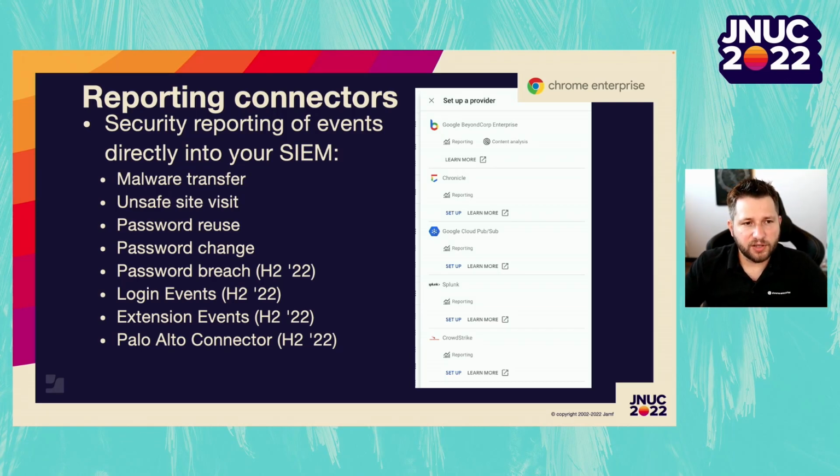So a new feature that we recently released, and we've gotten, once again, very good feedback from our administrators, is the concept of reporting connectors. We now integrate our admin console with various SIEM providers such as Chronicle, Google Cloud PubSub, Splunk, and CrowdStrike should be launching very shortly. And it allows you, without deploying any sort of software into the browser, to get audits of any sort of important